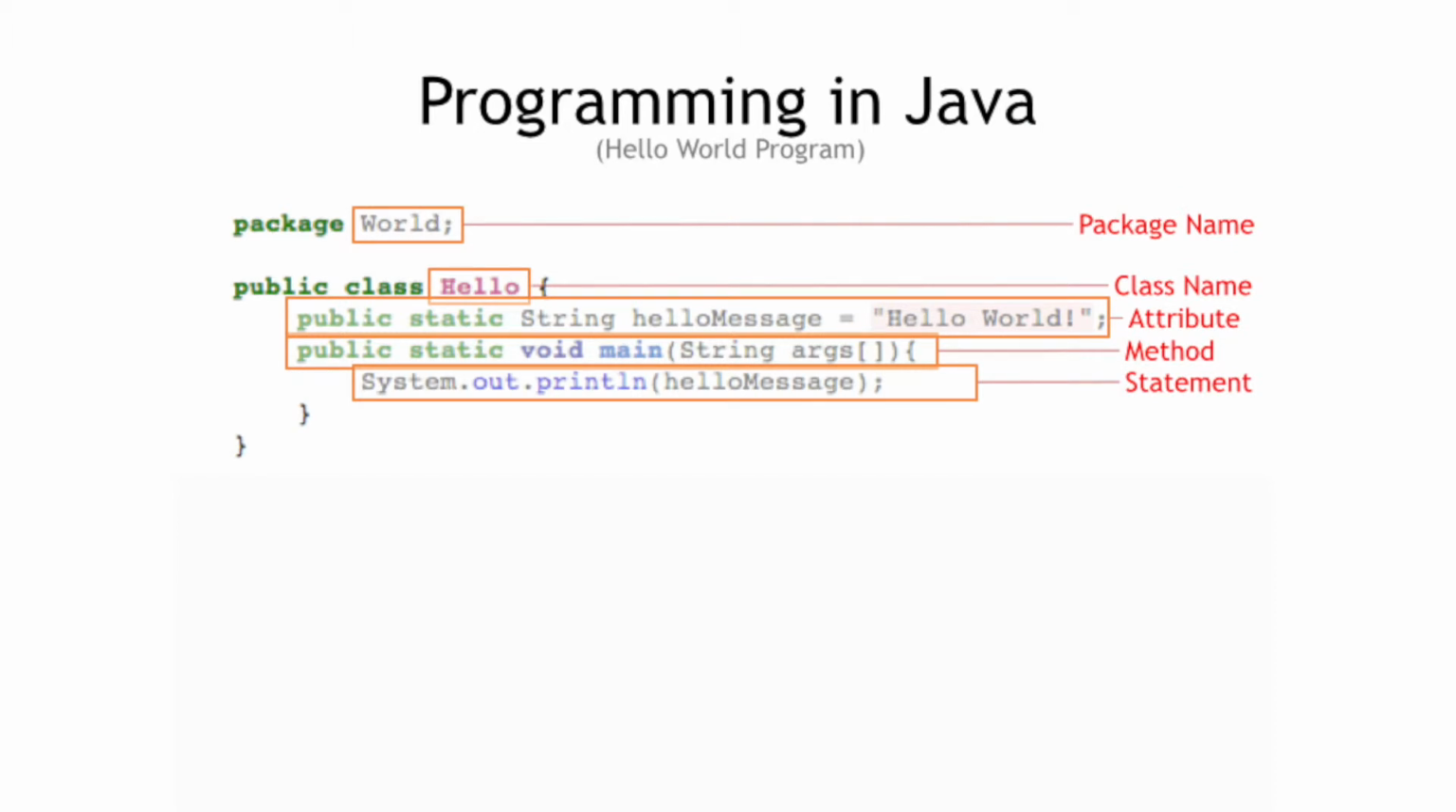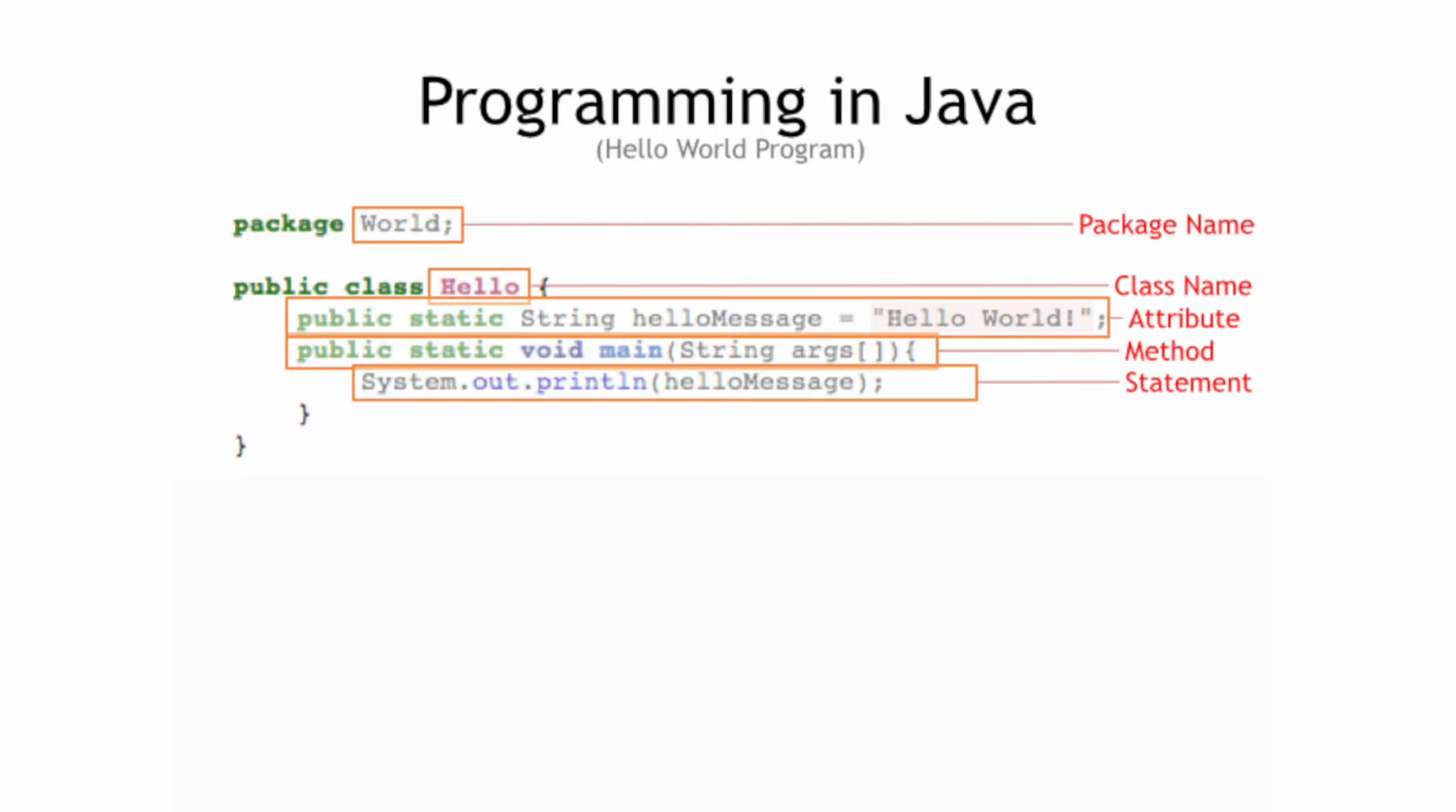Here, besides having the classes and the methods, you also have that the class can be part of a package. A package is a way of grouping similar classes in Java. Inside of the class, you also find some attributes or fields that represent the characteristics of the class. So for example, the Hello class in this case has an attribute called helloMessage, which is of the type String, where we store the string Hello World,